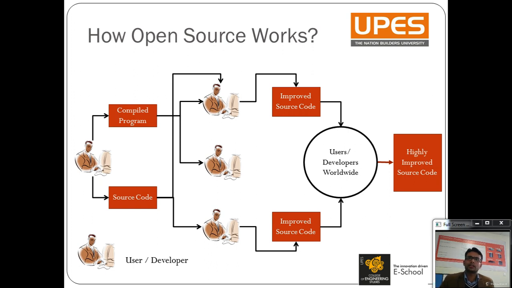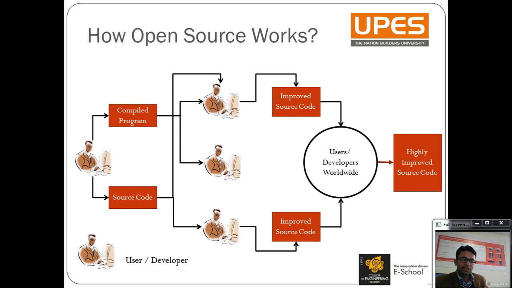So let's say that I am a developer and I want to make a change in the Linux code. I would begin by forking the Linux repository to my computer, make my changes to the code, and then submit it back to the original repository as a pull request. That is then either accepted or rejected by the package maintainer. Now, if the package maintainer chooses not to apply my modifications, I can either work it out with the maintainer or in the community until the maintainers are convinced. Or I can start my own fork and become the maintainer of my own version.